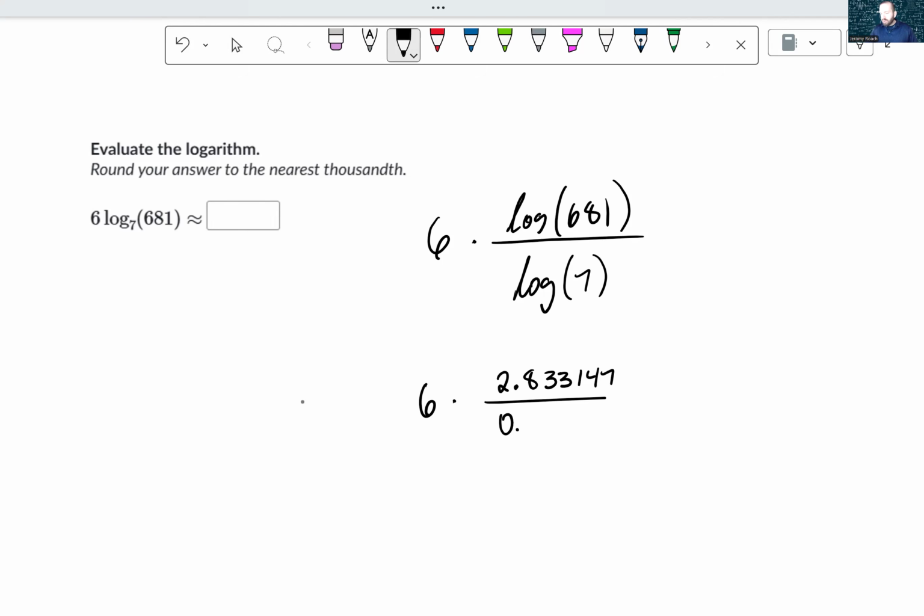Log 7 is 0.845098. And then we're just going to divide that. If you're able to go back on your calculator and actually type the exact answer that your calculator gives you, that's going to give you an even more exact value. But this ends up being 6 times 3.352447, and there's more decimal places after that. If your calculator goes out even further than that, that's great. And so it looks like I get a final answer of